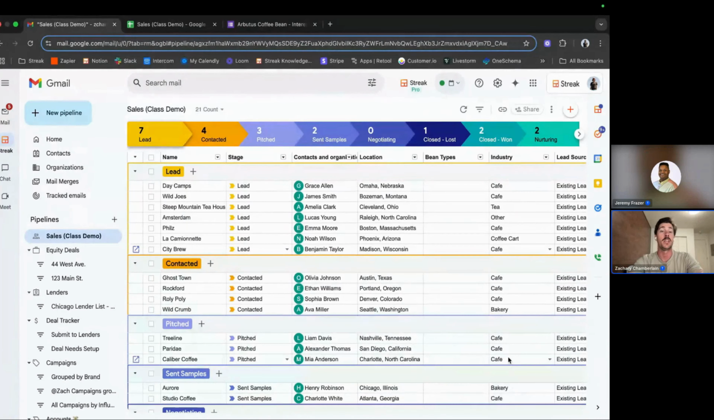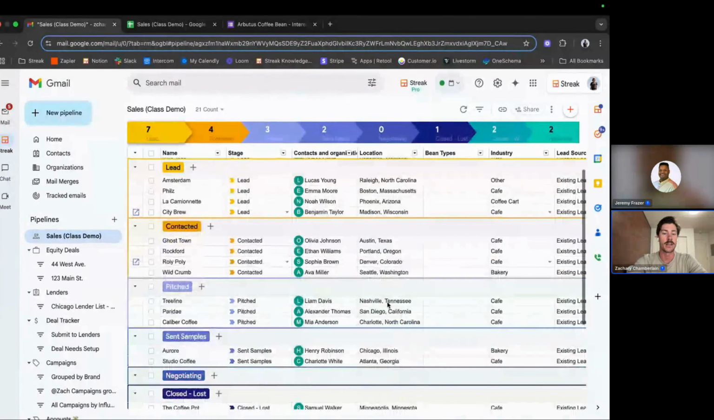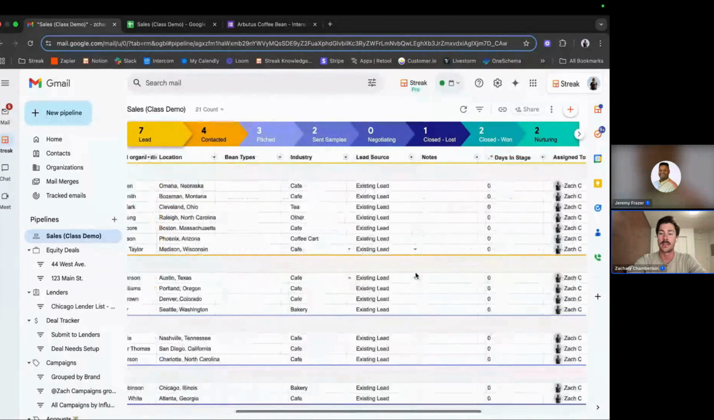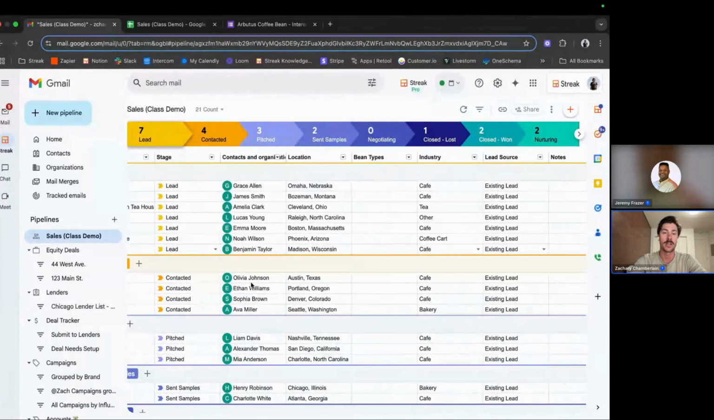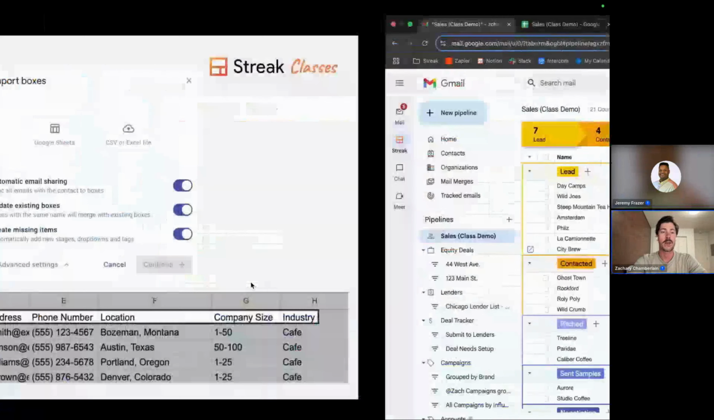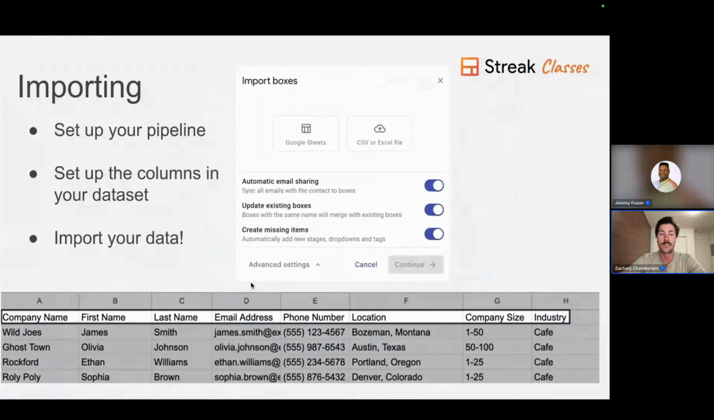You should also receive an email as well, letting you know once your import is complete. And we can scroll through all of this data here and see that everything is populated and contacts were created as well. That kind of wraps up the import portion of the